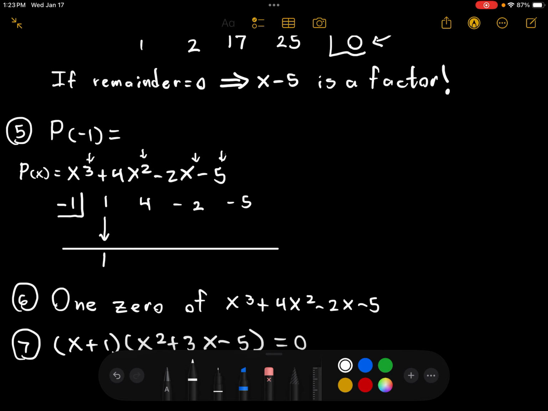All right, so we're going to drag the 1 down. So negative 1 times 1 is negative 1. That's a 3. Let's see, negative 3 times negative 1 times 3 is negative 3. So it's negative 5, and then negative 1 times negative 5 is positive 5. This is 0. Okay, so the remainder theorem could also tell you, right, if I don't know what that was,